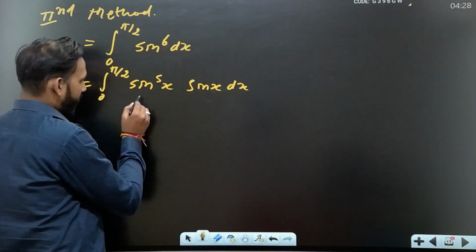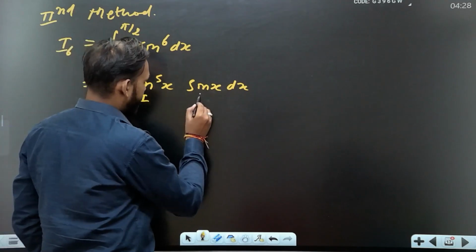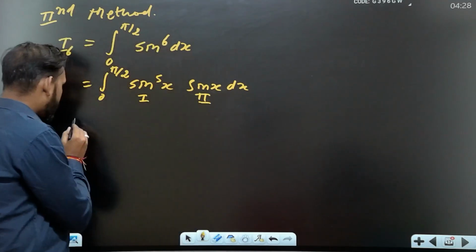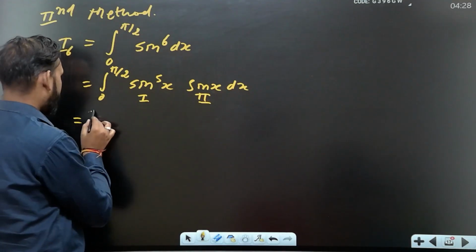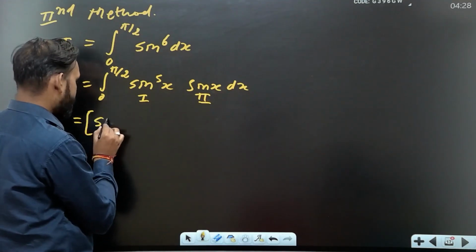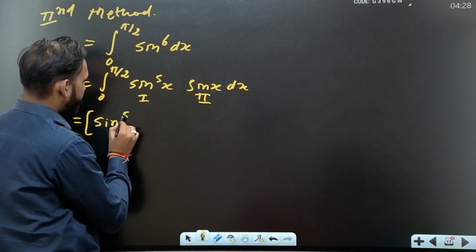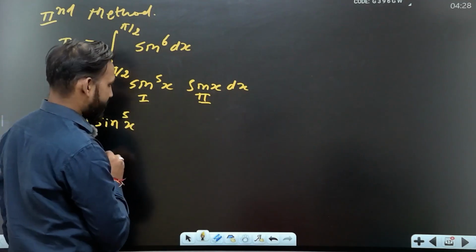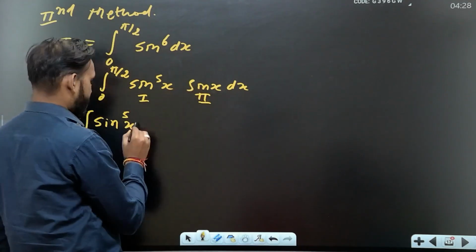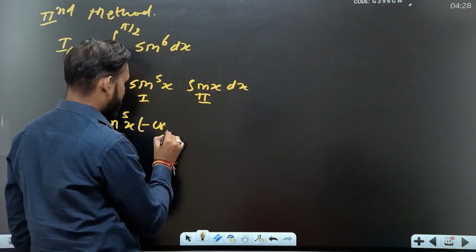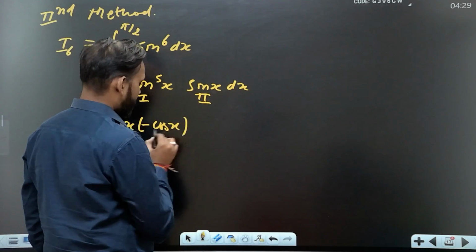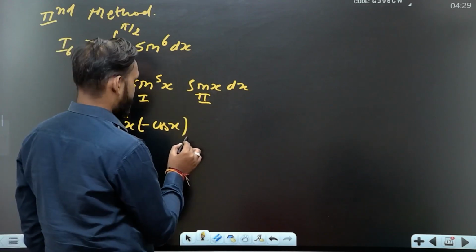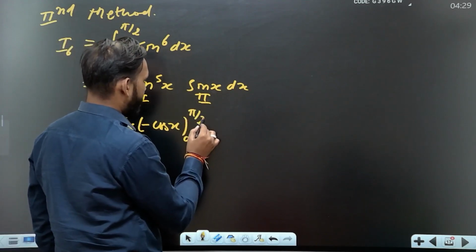Now if we consider this function as the first function and this function as the second function, we apply the by parts rule. The first function is as it is, sin to the power 5 x, and the integration of the second function is minus cos x. Right? And we apply the limit 0 to pi by 2, minus